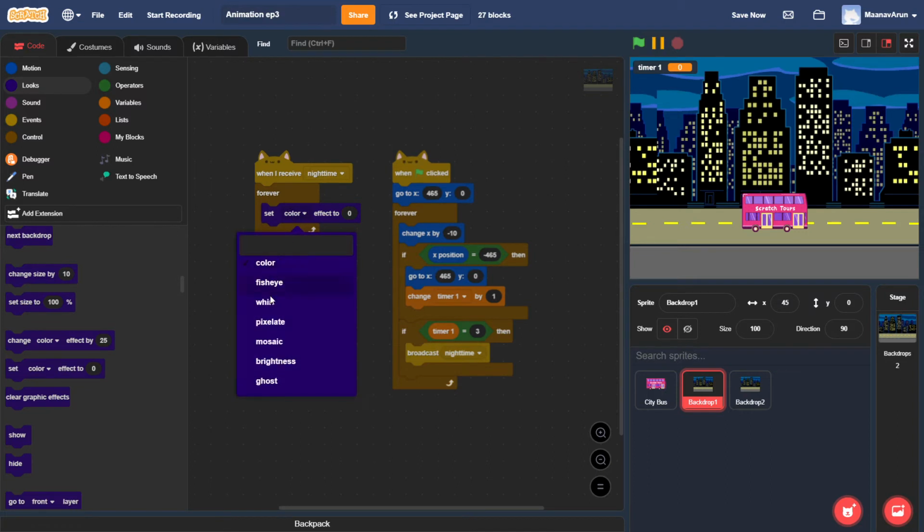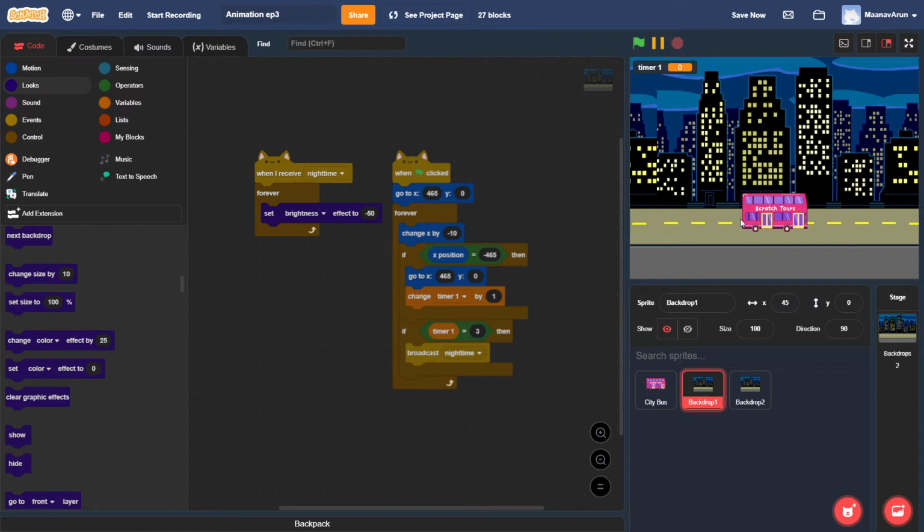Click on the drop down of the color and set it to ghost, and set ghost effect to 50. So, no wait, not ghost effect, I mean brightness, and set it to -50. So what this does is darken down the entire